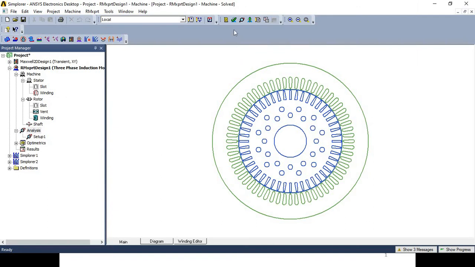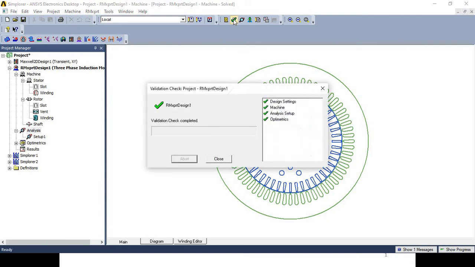Okay. So now we had analyzed the design, and from this green tick, it is clear that the designs are validated. That is design setting, machines, analysis setup, optometrics. These are the validated design. Okay.